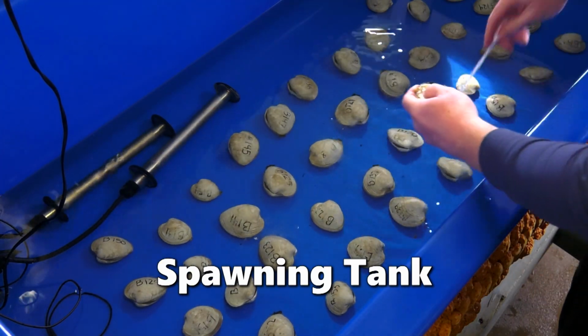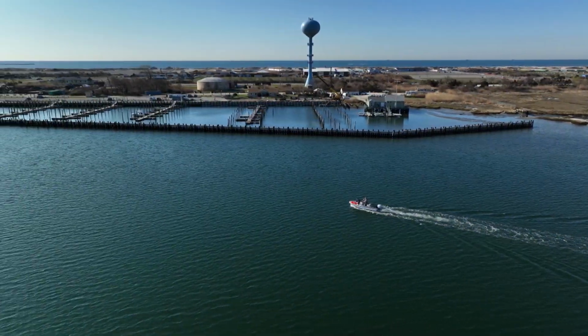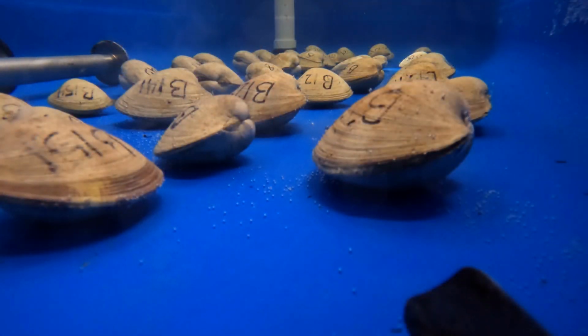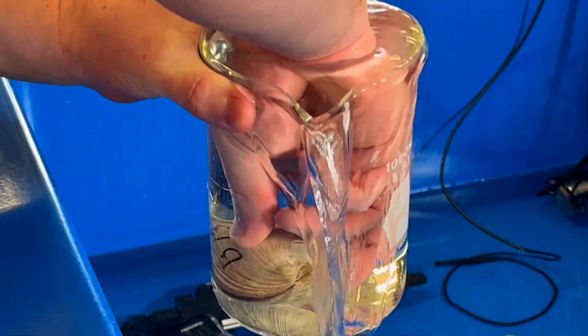By manipulating the water temperature in the spawning tank to simulate the warmer summer conditions in Hempstead Bay, the hatchery staff trigger the shellfish to spawn, or release their gametes. Once they begin to spawn in the large tank, clams are then removed to individual beakers so that the hatchery